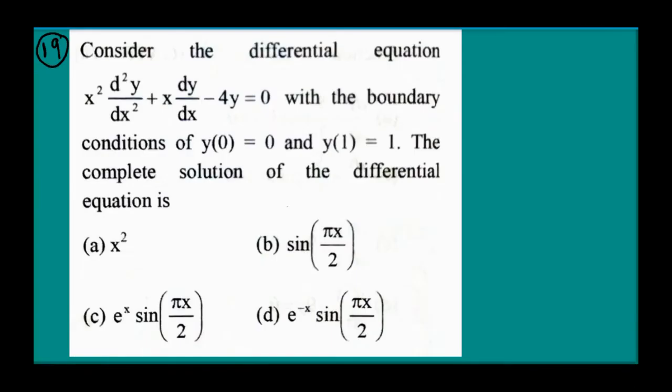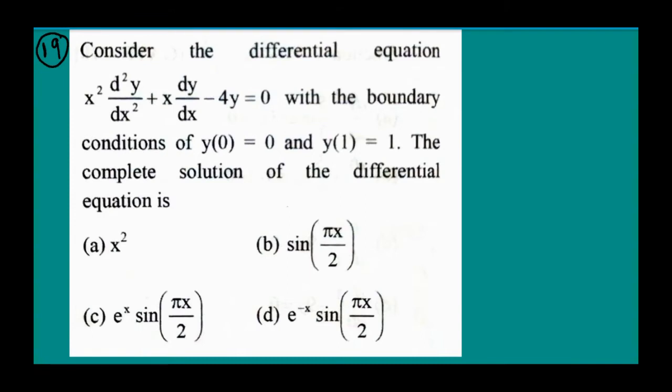Next question, question number 19. Consider the differential equation x square d square y by dx square plus x dy by dx minus 4y is equal to 0 with the boundary conditions y of 0 is equal to 0 and y of 1 is equal to 1. Find the complete solution of the differential equation. Here it is asking for the complete solution. This one is a very big problem, and this is from